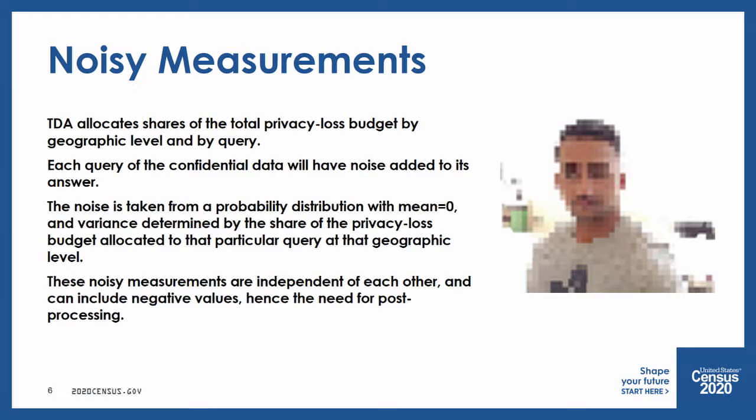Now, to give you an idea of how many noisy measurements we're talking about here: in the context of just the redistricting data, the Public Law 94-171 redistricting file, the top-down algorithm took over 16.6 billion independent noisy measurements of the CEF. Those were then combined and post-processed into the approximately 3.4 billion cells included in the resulting published file. So we take a lot more noisy measurements than are actually reflected in the published data. This will become important in some discussions about what form a noisy measurements file might take.